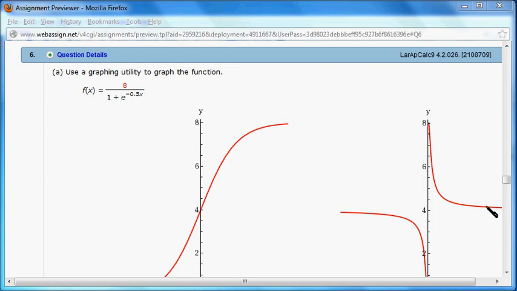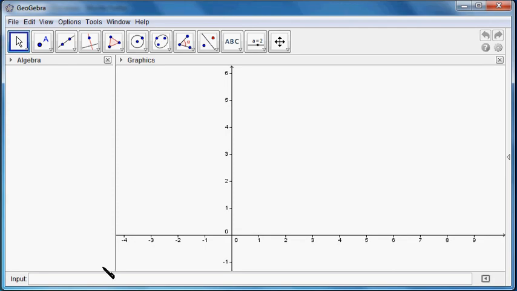Okay, let's go over homework 4.2, number 6. Alright, so part A, use a graphing utility to graph the function. Alright, so let's pull out GeoGebra. Here's GeoGebra, and we want to sketch the graph of, type in y equals 8 over 1 plus